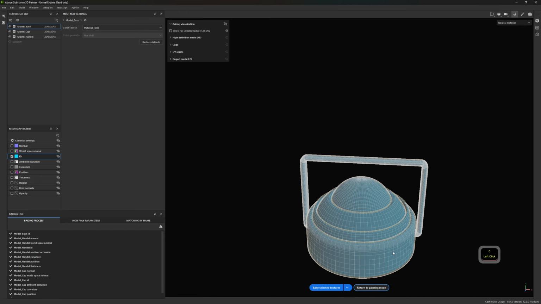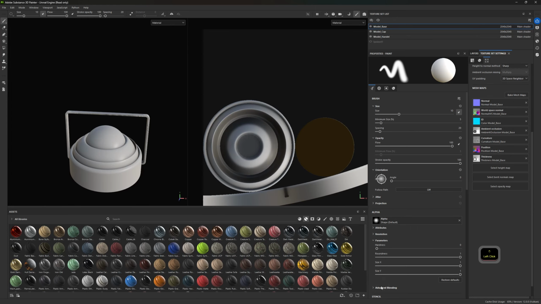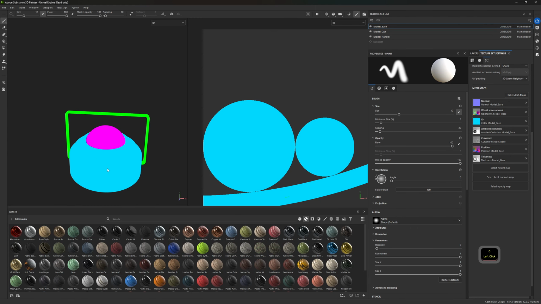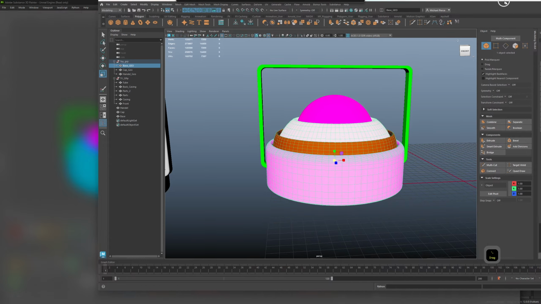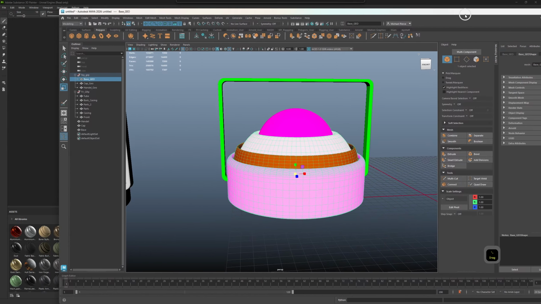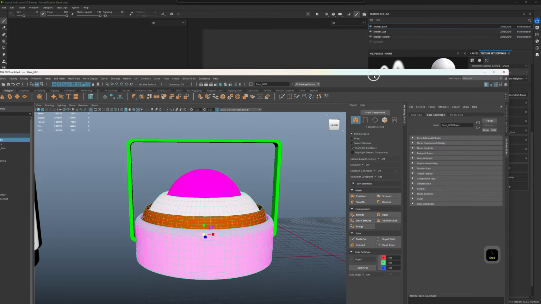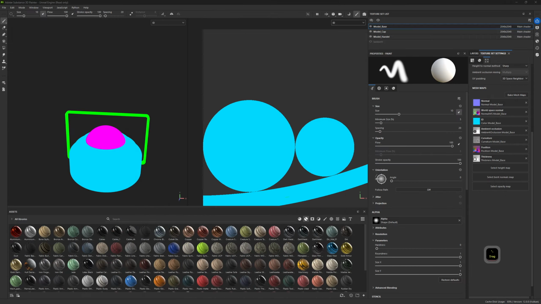But as you saw, if I go back over here, we go over to the ID map, right? This is teal, right? Well, we don't have teal here, right? Well, I do, but it's hidden because we have vertex painting visible, right? So again, we'll be getting to use these when we get into the TV, but just to show you guys,